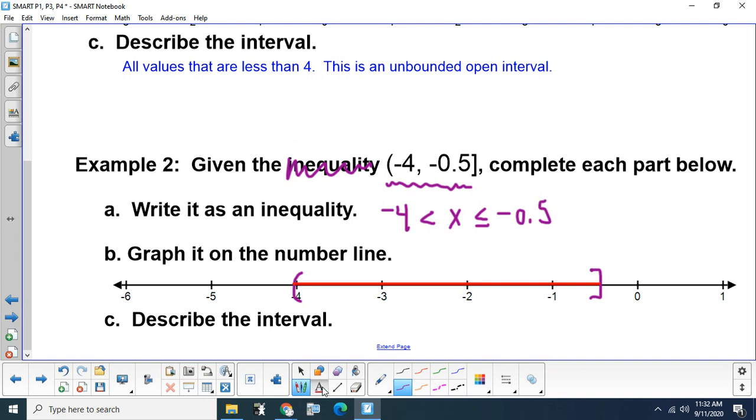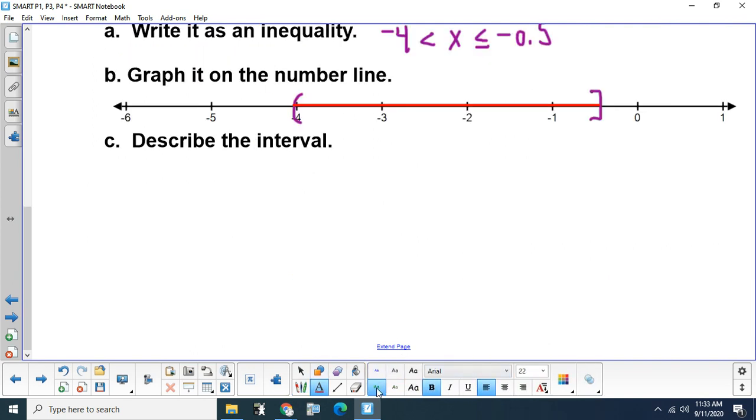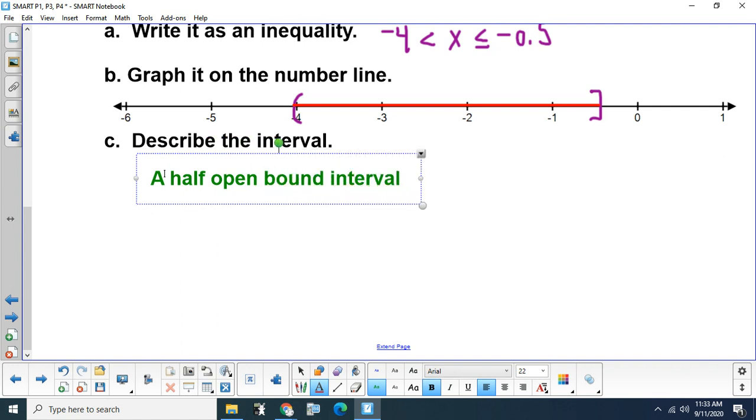Again, the last part of this just says describe the interval above. If I were describing this interval, I would describe it as a half open bounded interval